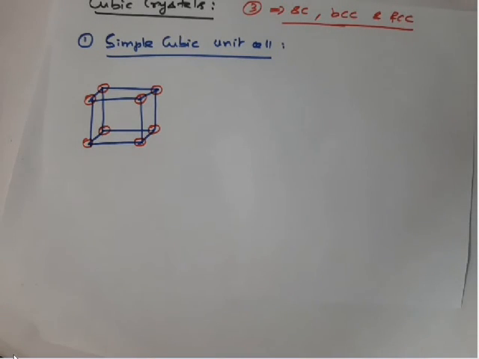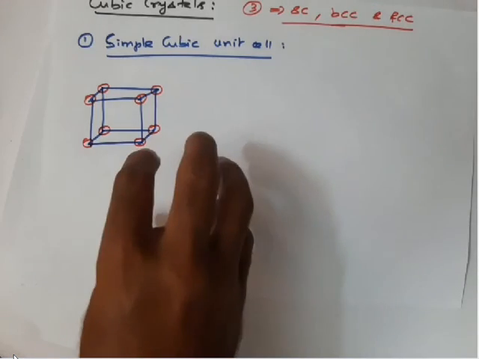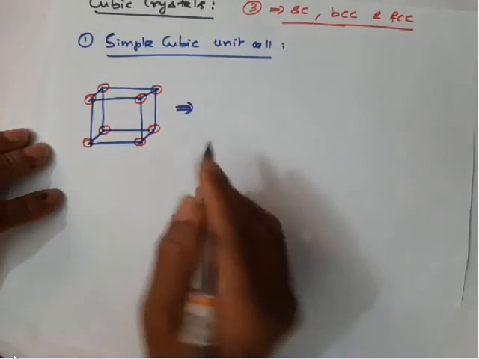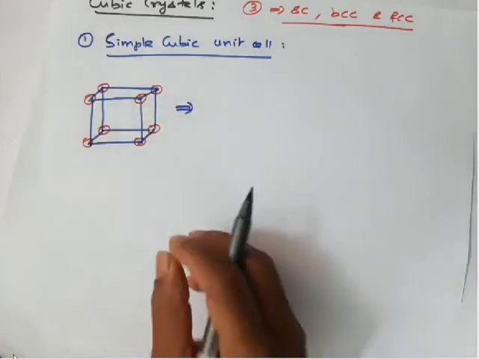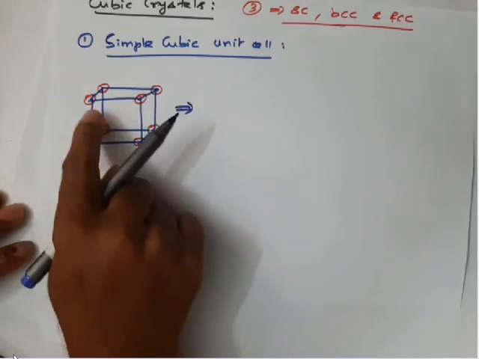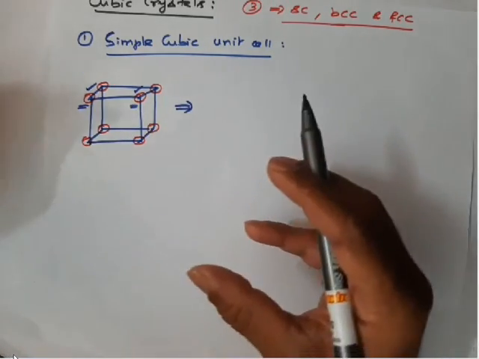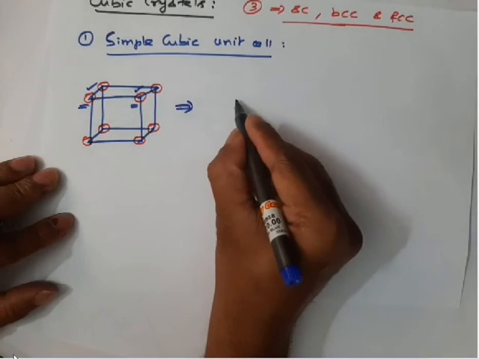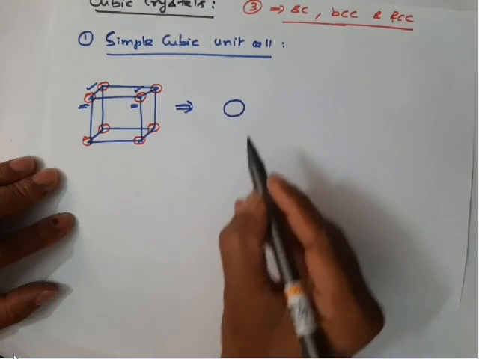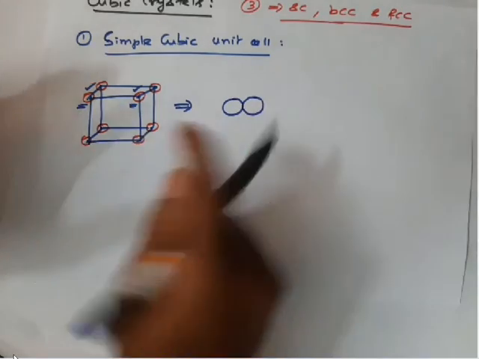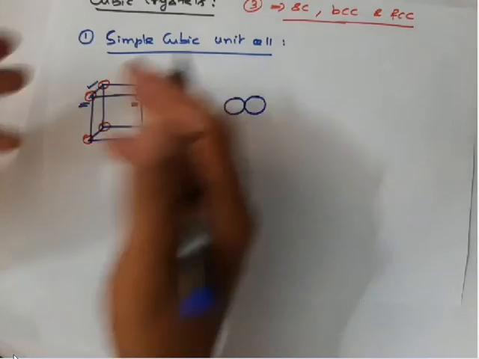It is good at the beginning, right? For beginners, yes, we can start like this, but actually in the crystal they never appear like this. In the crystal they are actually touching each other. In a simple cubic unit cell, suppose I take this atom and this atom, these two atoms are actually touching each other. Suppose I draw one atom like this and another atom like this. They are actually touching each other, but for understanding purposes we draw like this,